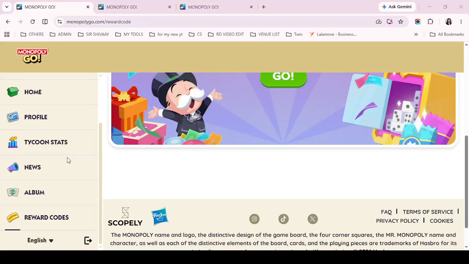In today's video, I'm going to teach you how to recover your Monopoly Go account through the official Scopely Help Center. If you've lost access to your account, the safest and most reliable way to start is by going directly to the official Scopely support website in Google Chrome. Open your browser and visit the Scopely Help Center at